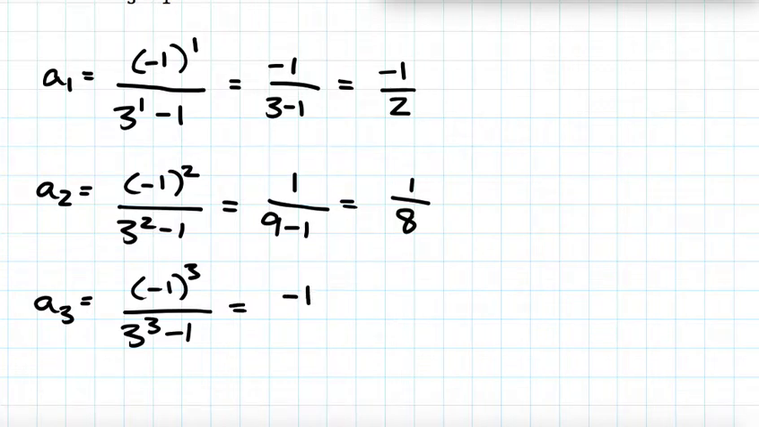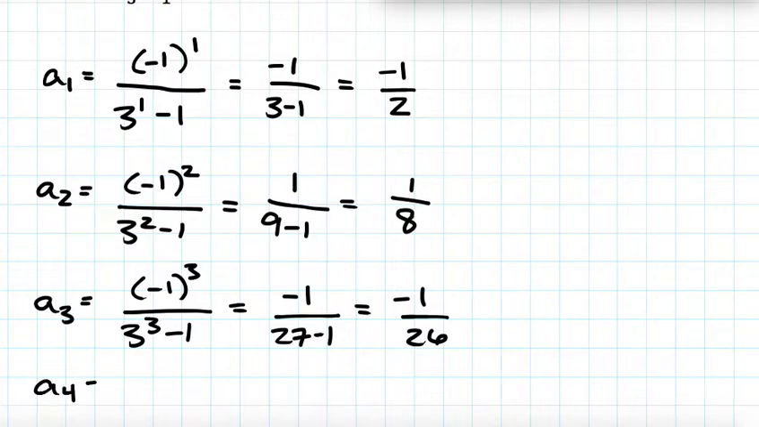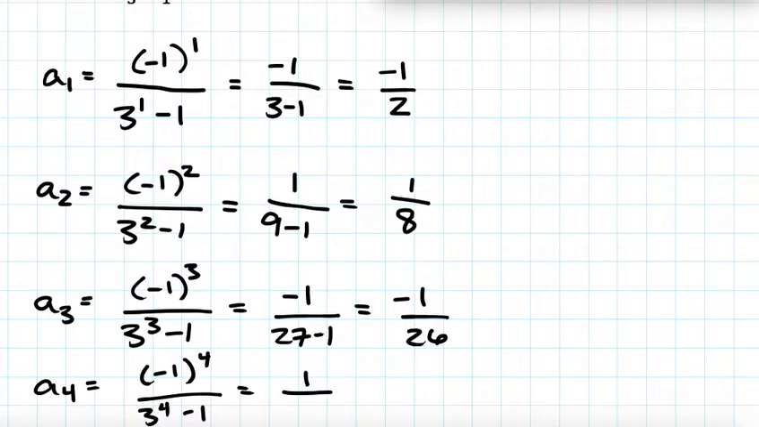-1 to the third is -1. And 27 minus 1 is 26. Then I'm going to plug in 4. -1 to the fourth is +1. And so that's going to be +1/80. So the effect of having this